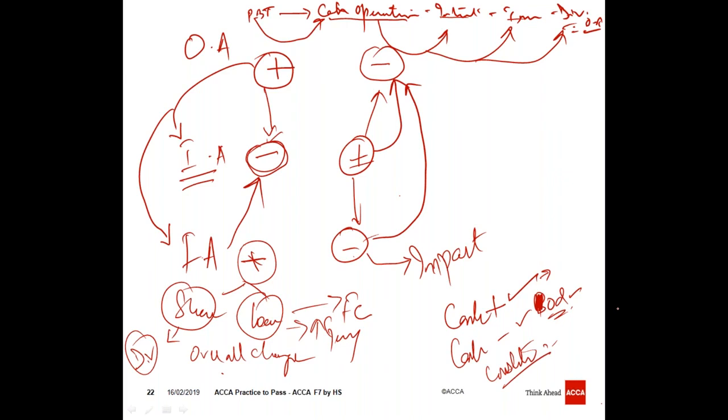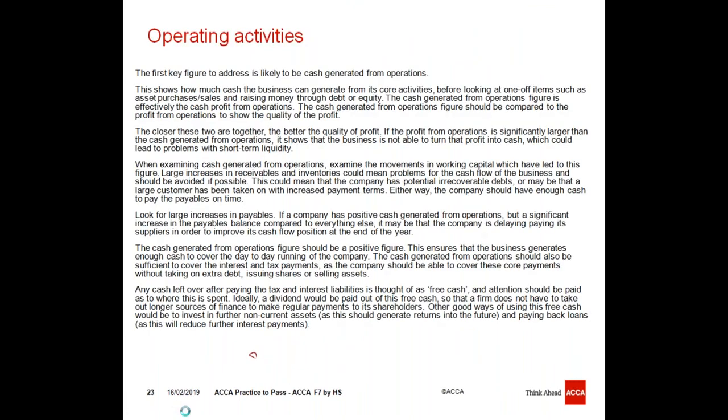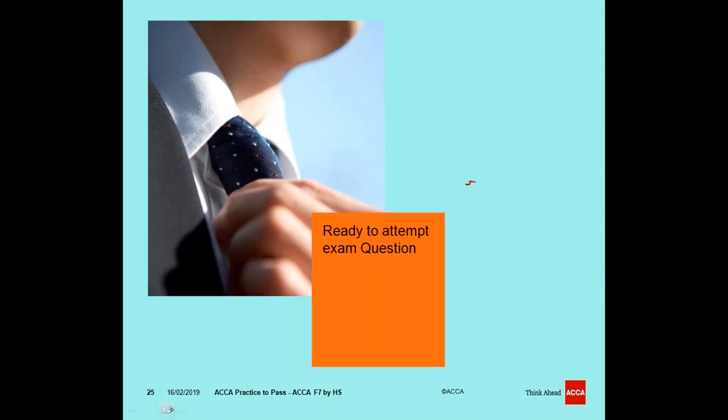Okay. So now I have completed all my slides. So now you all are requested, please, to solve at least 5 questions of consolidation, 5 questions of cash flow, 5 questions of ratios, and 5 questions of final accounts. So starting from final accounts, the 5 questions will be